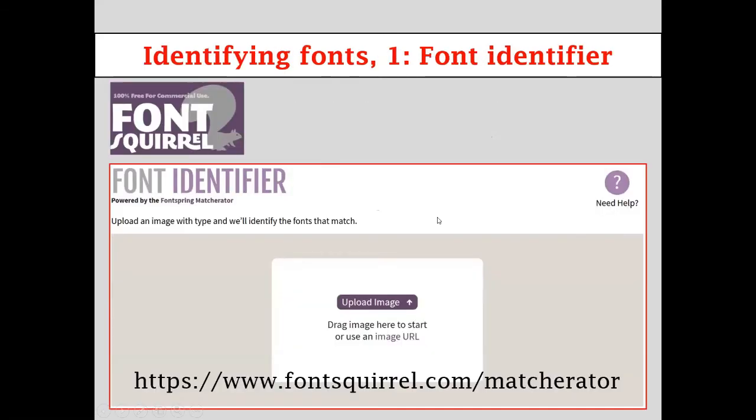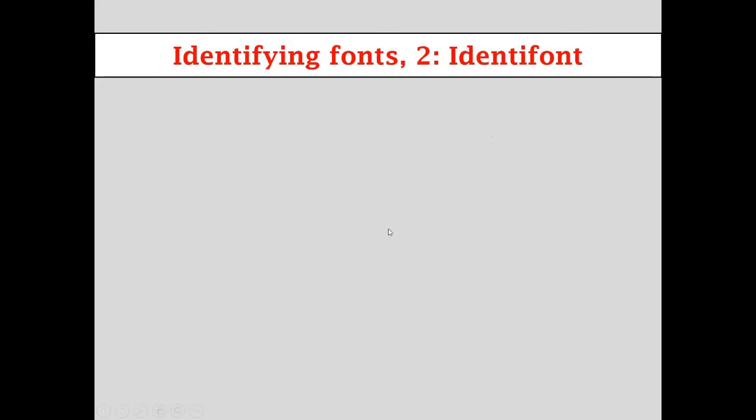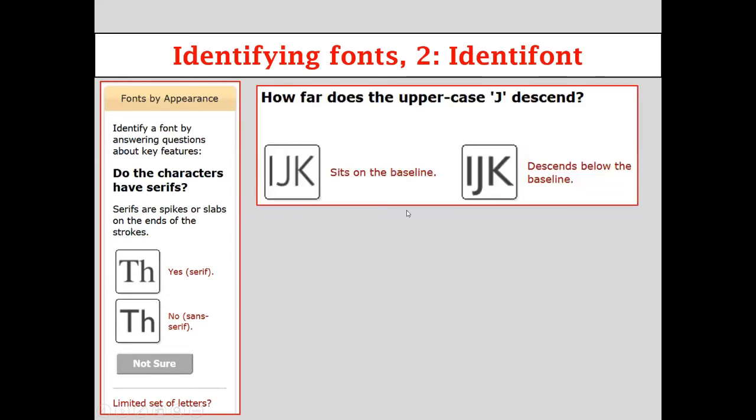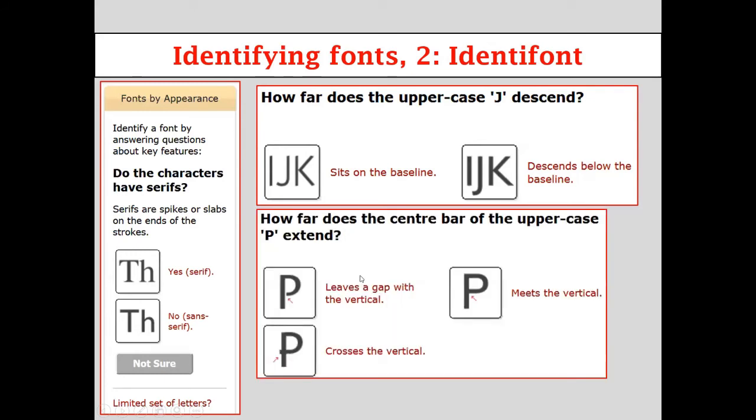So lastly, I want to end with some resources, like how do you identify a font? There's Font Squirrel you can use, or there is Identifont. What Identifont does is it keeps asking you a series of questions, depending on the letters that you have available, and finally makes a tentative identification. It says, okay, your font is probably Georgia or Garamond, whatever.